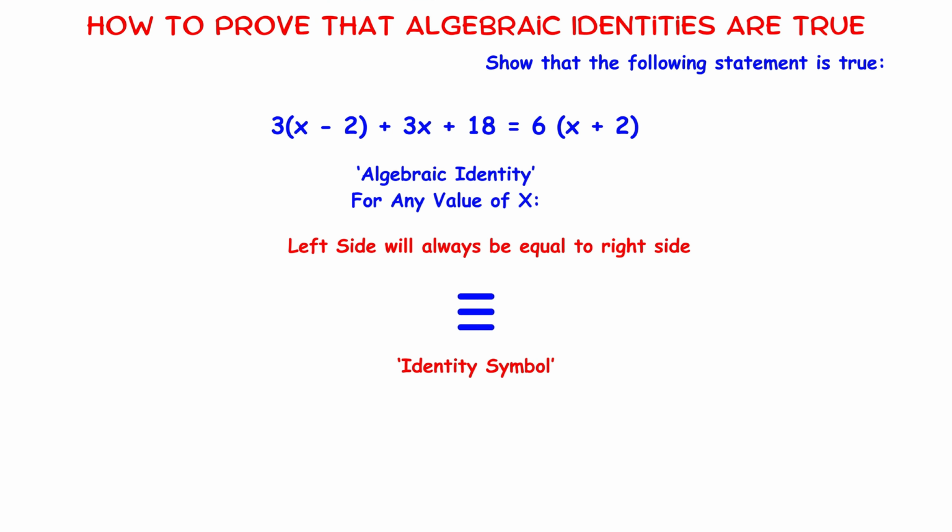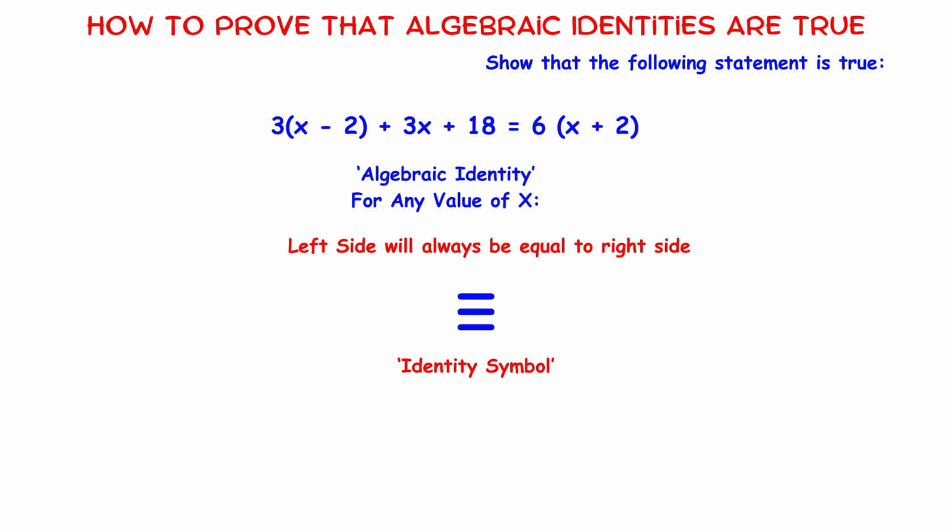In today's video, we're going to cover how to prove that algebraic identities are true if we use this question as an example. This equation here is known as an algebraic identity, which just means that for any value of x that we pick, this left-hand side will always be equal to this right-hand side. You can normally tell when an equation is an algebraic identity like this because instead of having an equal sign in the middle, it will have this symbol instead, which has 3 lines instead of 2, and we call this